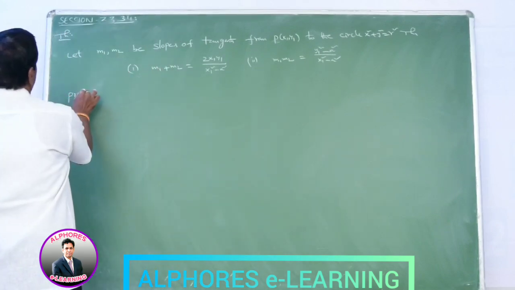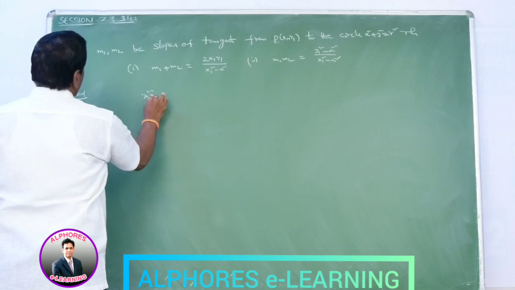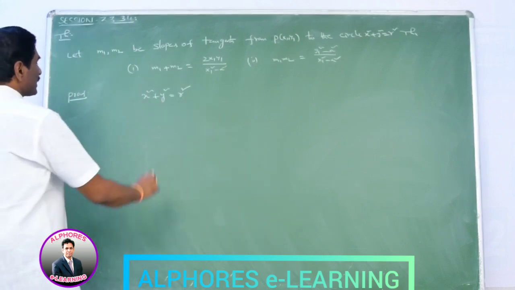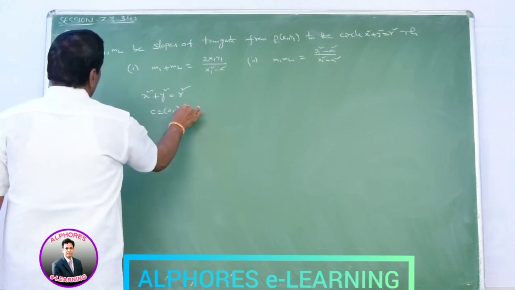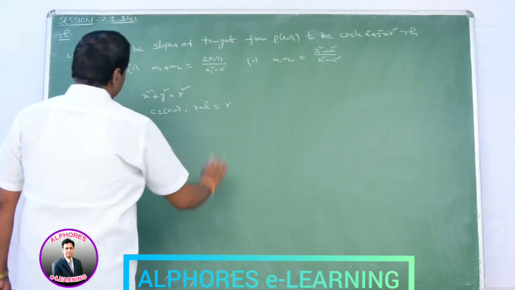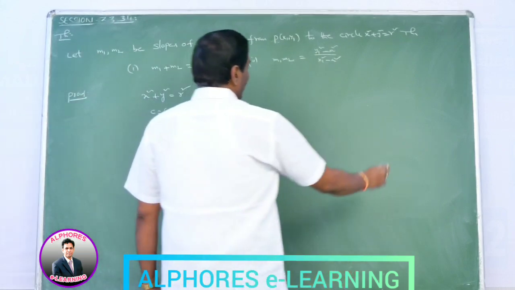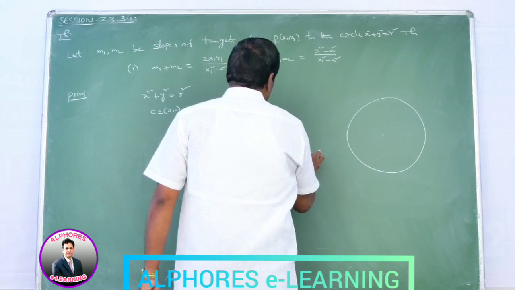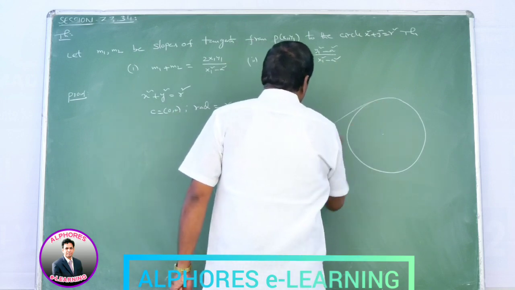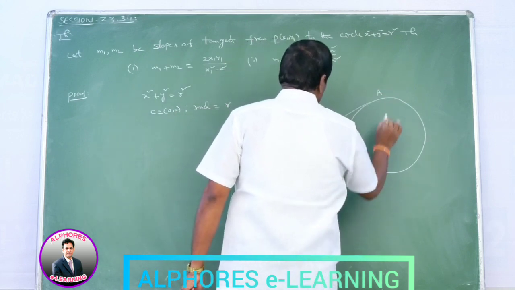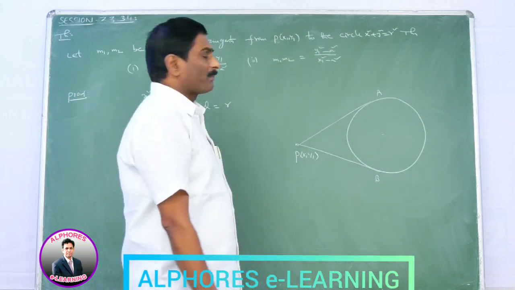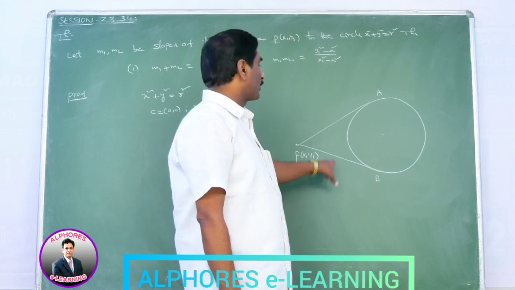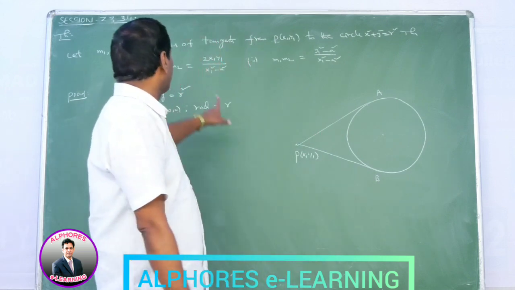Proof. Given circle is x square plus y square is equal to r square. In this case, the center of the circle is (0, 0) and radius of the circle is r. And P(x1, y1) is an exterior point with respect to the circle. Say PA, PB are two tangents. Let m1 be the slope of the tangent PA, m2 be the slope of the tangent PB. Then m1 plus m2, the sum of the slopes, is equal to this value,